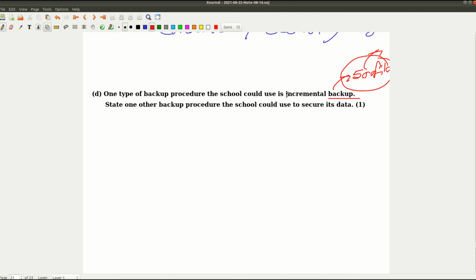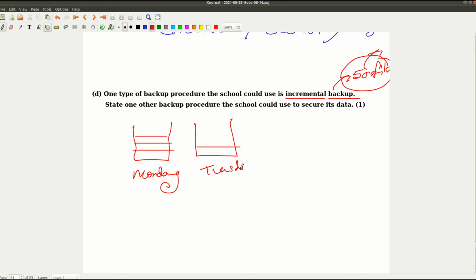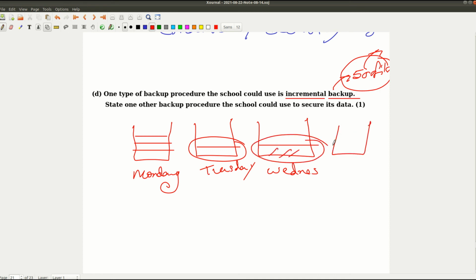So they are saying about incremental backup. What's the meaning of incremental backup? Incremental backup is like, today is Monday. We have this amount of data here, okay? On Tuesday, I use this data. So incremental backup will only back up this. Okay, then again Wednesday, I add this amount of data. So it will add this. And next day I will add this amount of it. This is called incremental